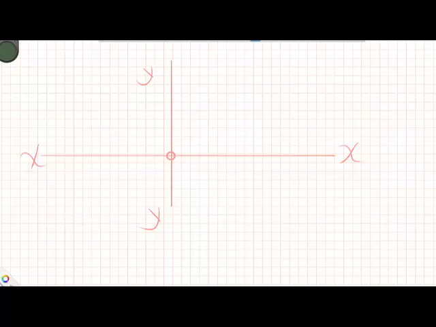We'll explain the resolution of forces. So assume we have this force, and say it is F. The magnitude of the force is 100 kilonewton,